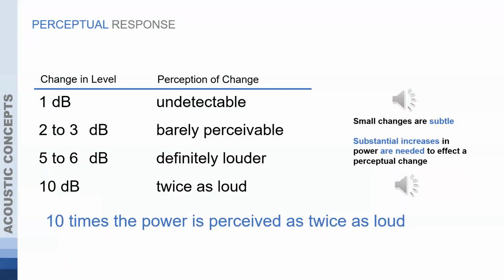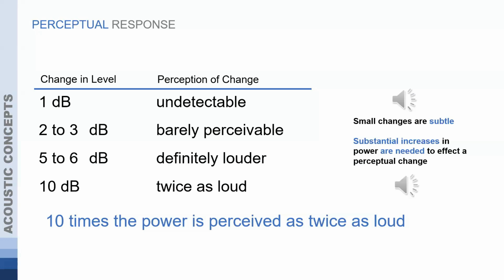The other thing we talked about is decibels being logarithmic. There are different changes, and there's perception of sound as well. We don't always hear just a 1 decibel change. Some people, depending upon the exact frequency and their hearing, may be more able to hear that small change, but the typical human response is that you're not going to hear most 1 decibel changes in sound. When we get to 2 or 3 decibels, we're starting to just hear and tell that difference a little bit.